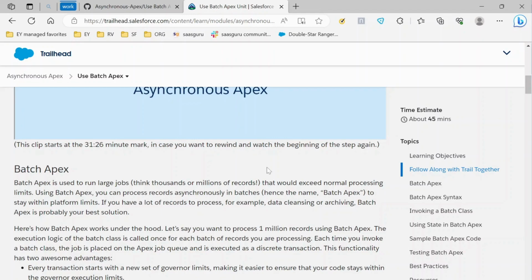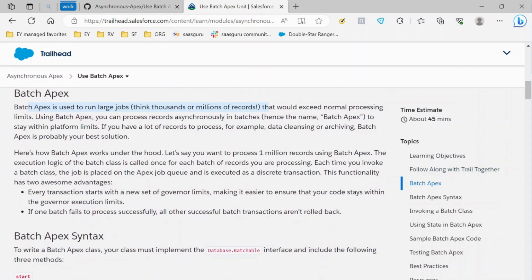So why batch classes? Batch Apex basically runs large jobs, like millions of records. So how much is the millions? It is 50 million records. So say you want to process 1 million records using batch Apex. Each time you invoke a batch class, the job is placed in the Apex job queue and executed as a discrete